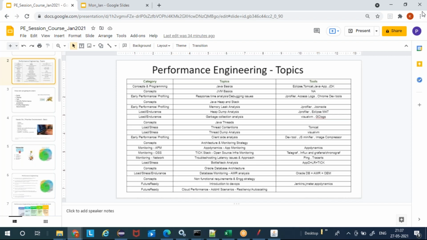But this course content has always been for complete Java. Having said that, apart from Java, your client side, thread analysis, database monitoring, all the rest of the things are common. Only the initial response time analysis, memory leak analysis and heap dump are specific to Java.